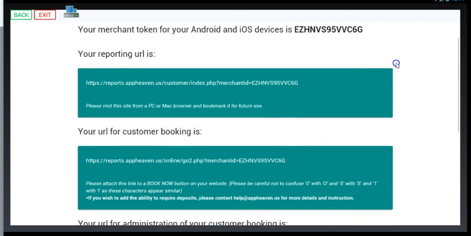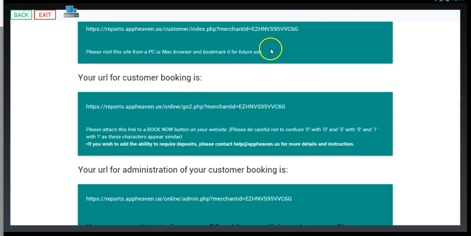And first of all, you see your URL for customer booking is, okay, right here. See this link? This is what you attach to a Book Now button on your website. Again, it says right here, please be careful not to confuse a 0 with an O, a 5 with an S, and a 1 with an L. These characters appear similar. Usually if people have trouble with this link, it's because of a 5 or a 0 or an L, okay? But basically, you would use this link and attach it to a Book Now button on your